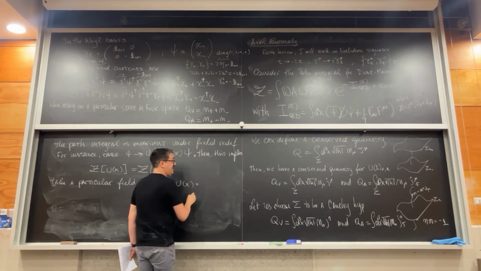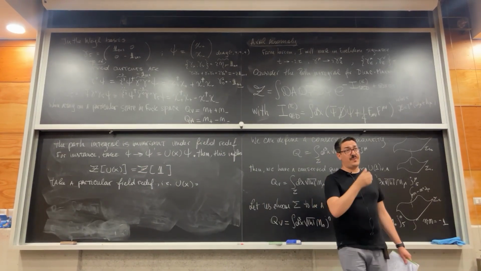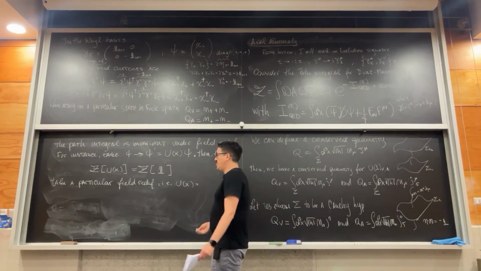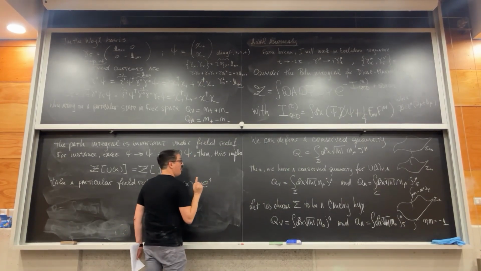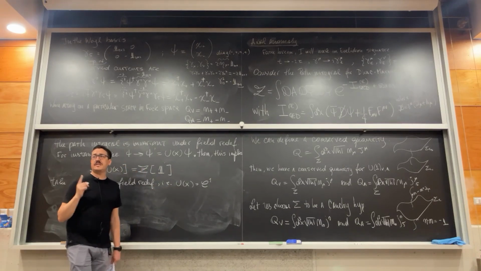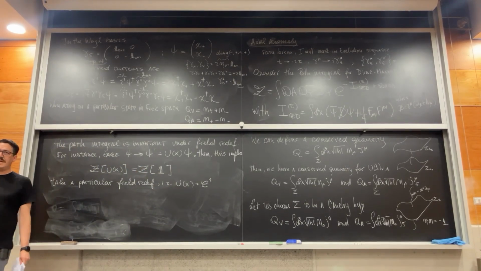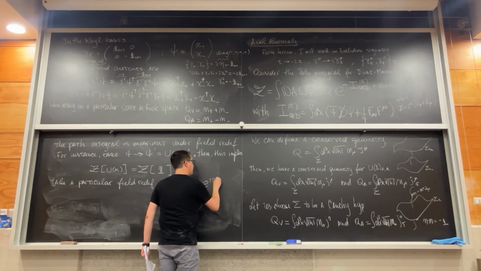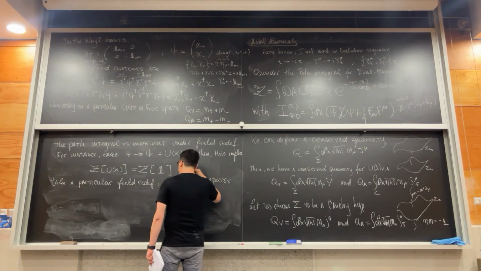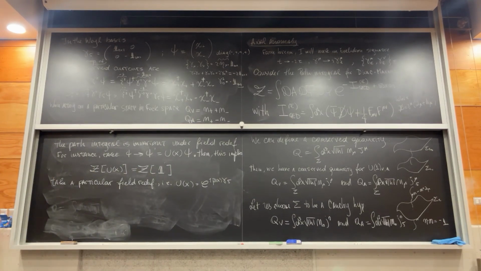For instance, let us take a local U(1) axial transformation. It is a particular one, but it is no longer global in this sense, it is local. At the end of the day, my path integral should remain invariant. So this should be e to the i beta(x) gamma 5. If this is the case,